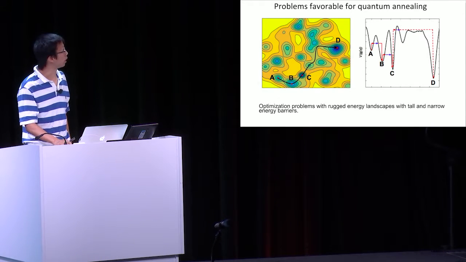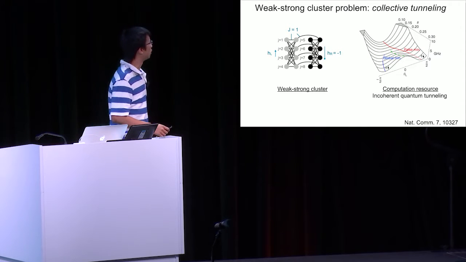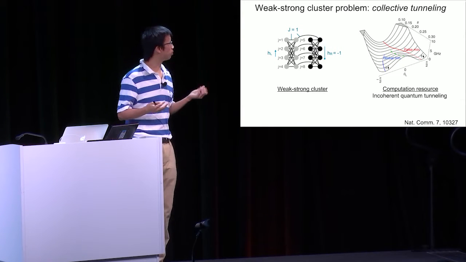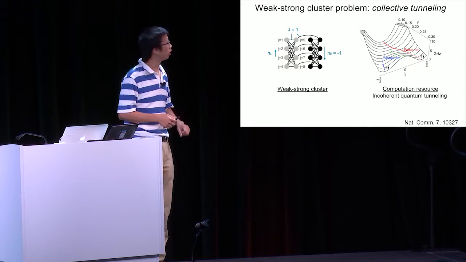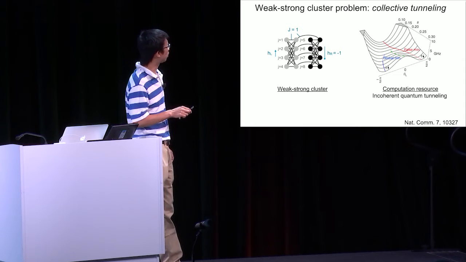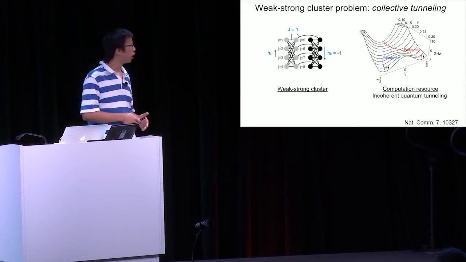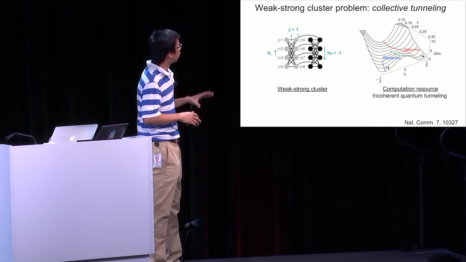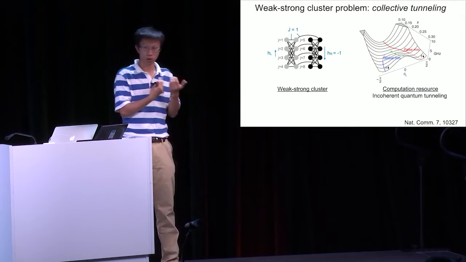So to test that idea, as you may have heard yesterday, we have designed this so-called Wickstrom cluster problem. We use a D-Wave machine, and we choose 2 clusters out of the Chimera graph in their machine. And we apply a strong field on one of them and a weaker field on the other, and we turn on the interaction between the qubits. During the annealing process, in order for the system to stay at its ground state, all the